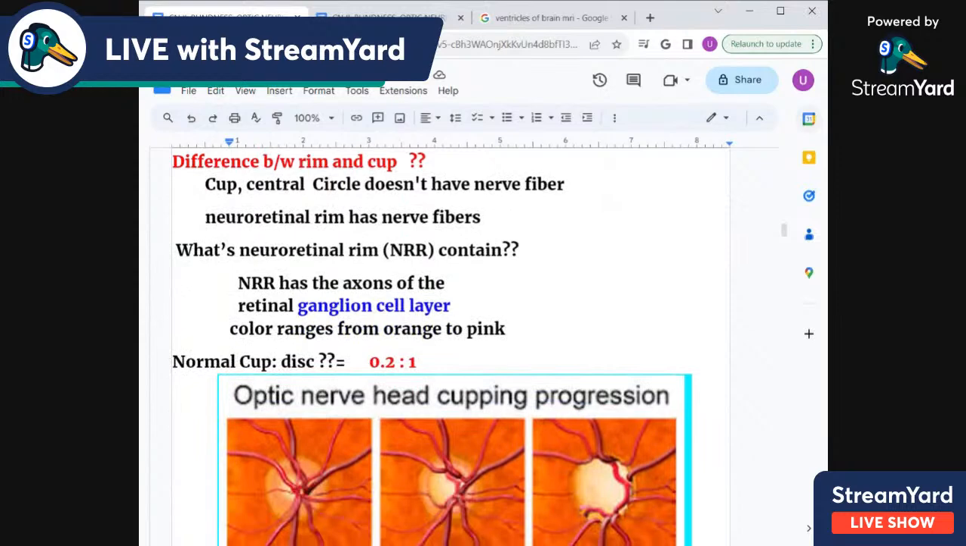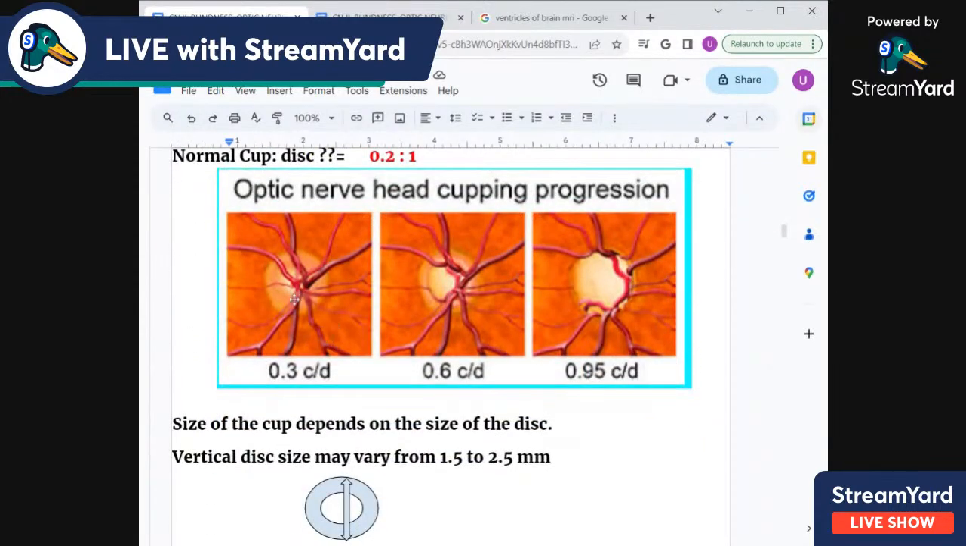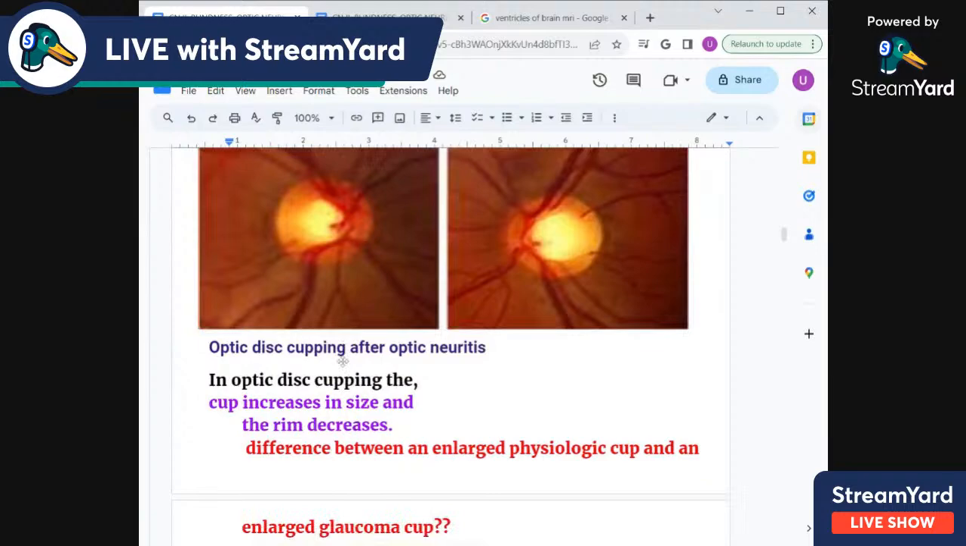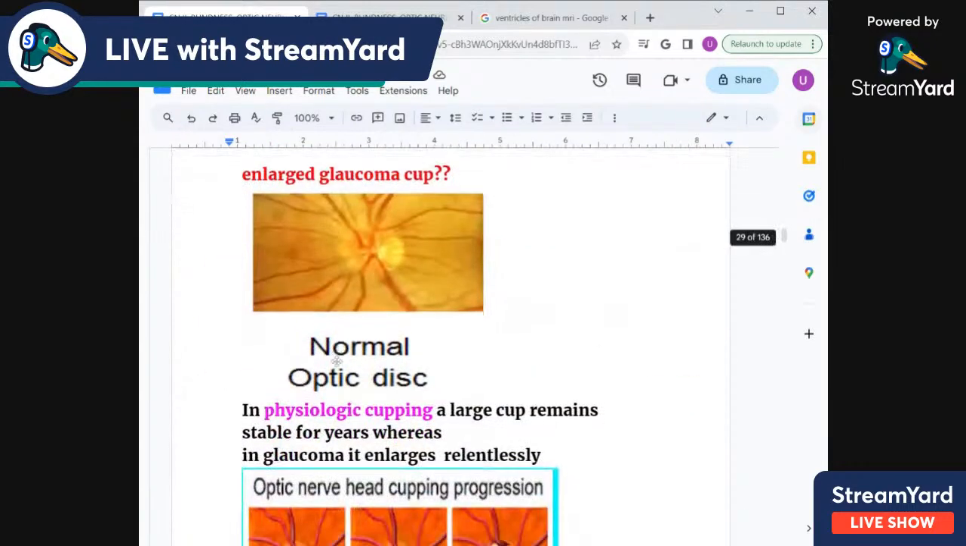whenever cupping occurs, the rim atrophies, and the features of the cupping were that the cup enlarges in size, there is nasalization of the blood vessel, there is a notch, and there are splinter hemorrhages. And then we did, let me see,